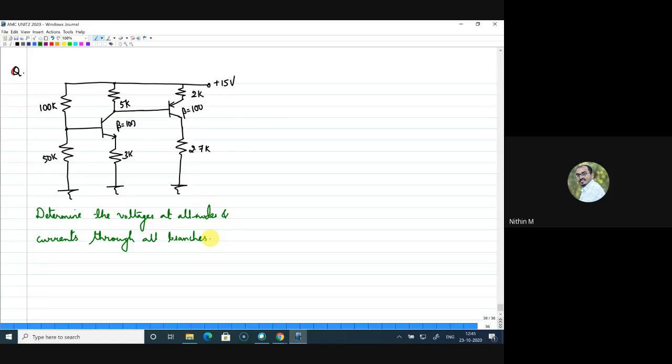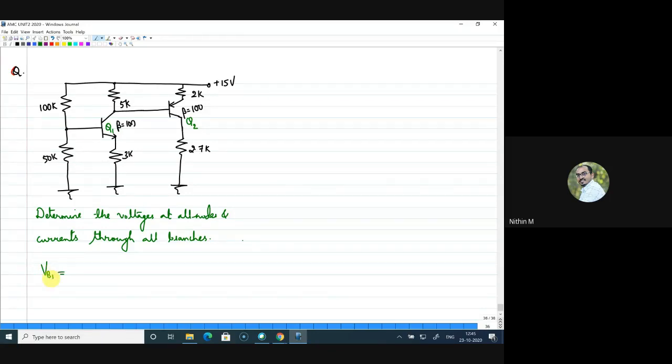If you look at this question, you will definitely identify that beta is 100. We can identify that it is the same question we did yesterday, except for the additional PNP transistor, which is connected at the collector of the first transistor. I'll call this Q1 and this Q2. Now, we will go with the same assumption that Q1 is in active mode. Then we can solve this numerically, and I'll take the same values we got before.